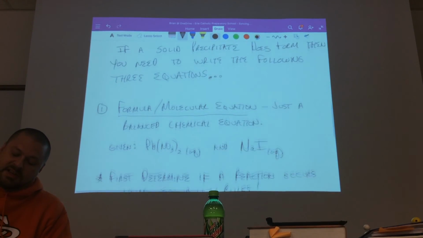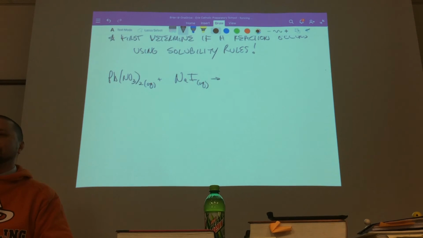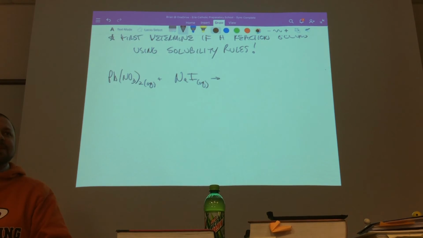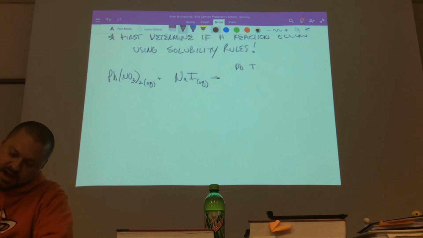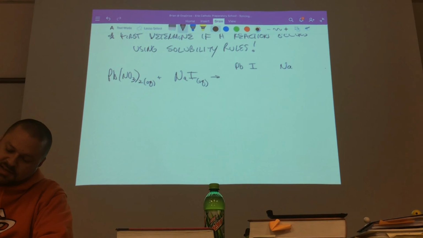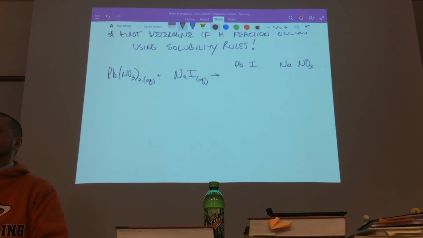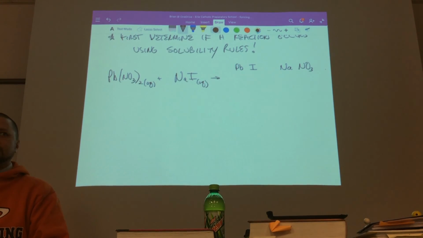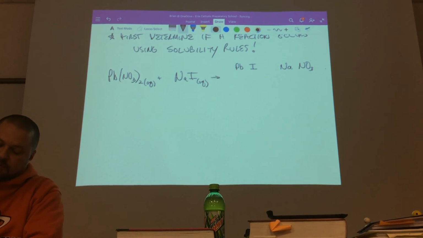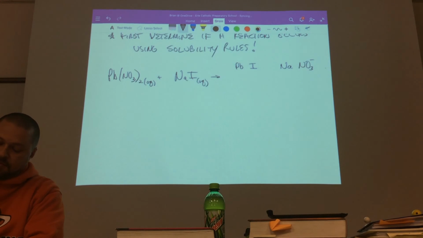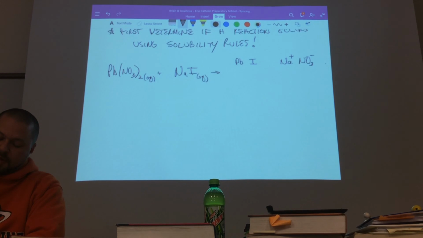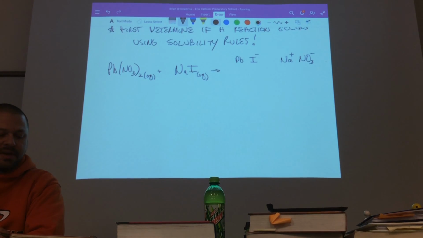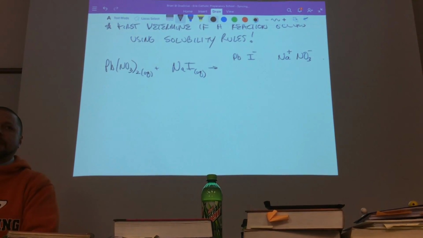You got to crisscross, okay? Don't take shortcuts here. Don't take shortcuts. You need to write down your charges because you're going to need them again later. And I see guys that try and take a shortcut and it never works, right? So Pb is getting together with I, and Na is getting together with NO3. So notice I'm writing them up above. And I'm just going to go backwards because the lead's the one that's the issue. NO3 on my polyatomic ion sheet is negative. Sodium is a positive because it's group 1. Iodine's in group 17, so that's a negative 1. All right. Now, Pb, if I go to my periodic table,